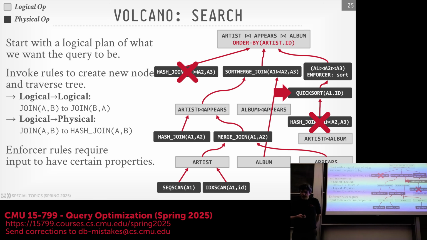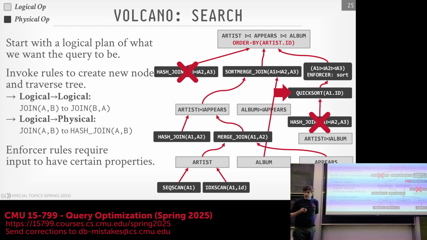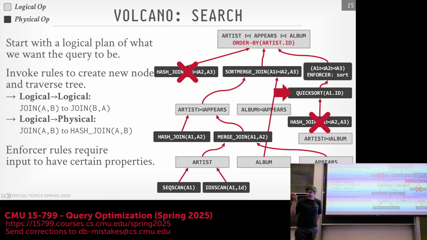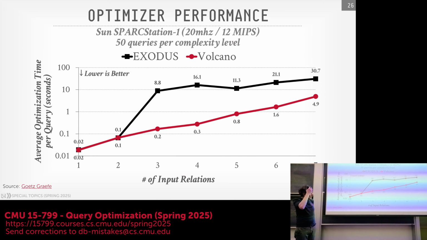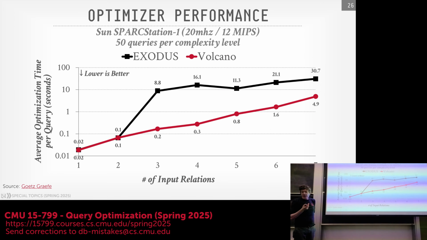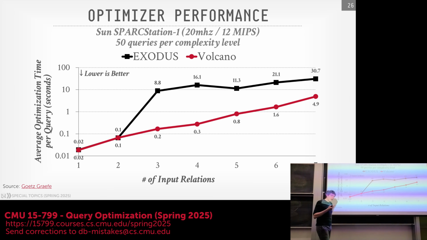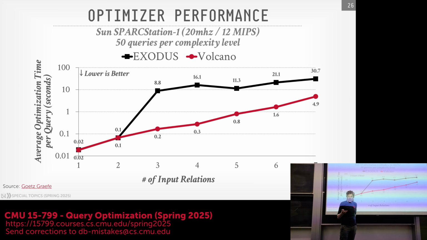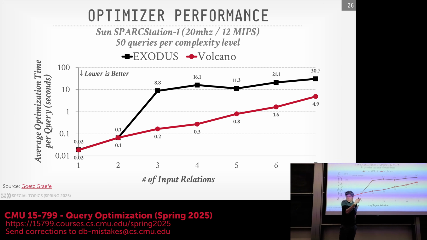All right. So this is the fourth lecture we've had this semester, and we haven't even looked at one graph. This paper has a graph we actually can use. We're going to see this over and over again in all the papers we read the entire semester. They're not going to compare against other query optimizers. I mean, certainly in the 80s and 90s, there weren't a bunch of off-the-shelf query optimizers you could use,